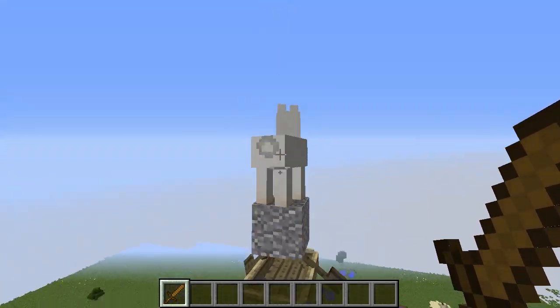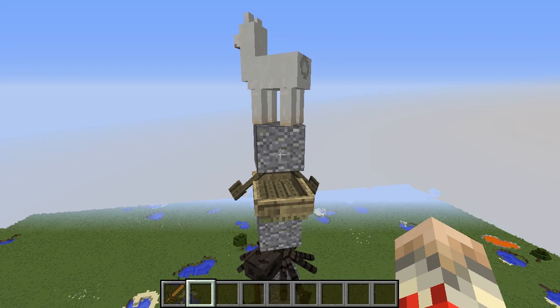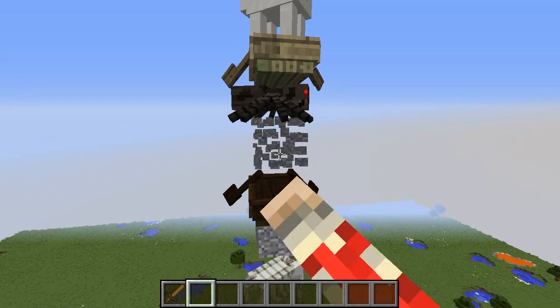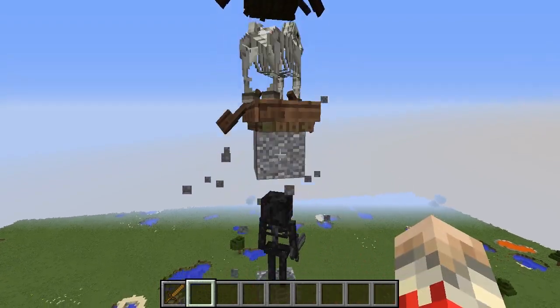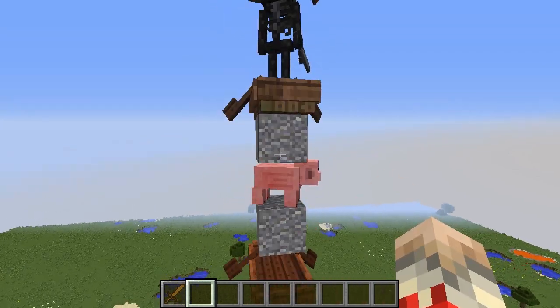Alright, so this is a pretty massive tower. At the very top we have a llama because that is the silliest mob. He should be the king of the castle. So on there he falls on a boat. The boat falls onto a spider. That spider falls onto another boat, who then falls onto a skeleton horse, who then falls onto another boat, who then falls onto a wither skeleton, who then falls onto another boat, who then falls onto a pig, who falls